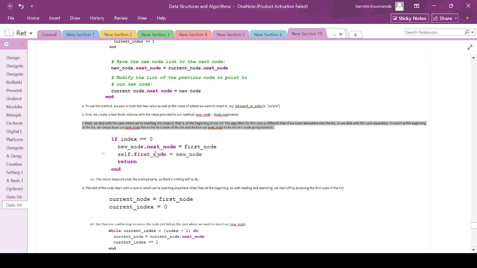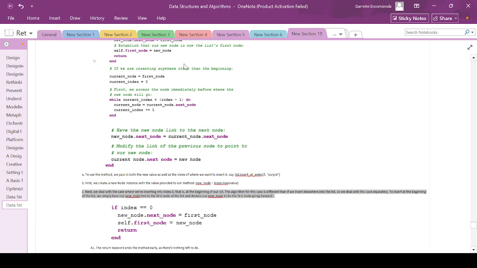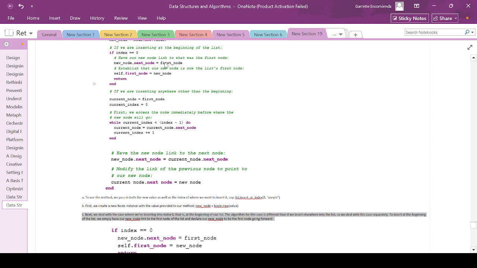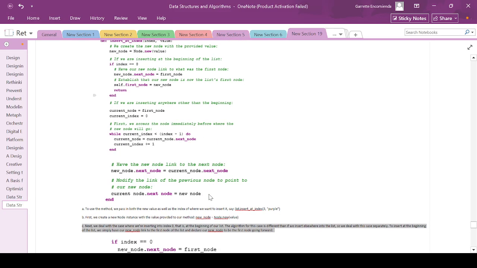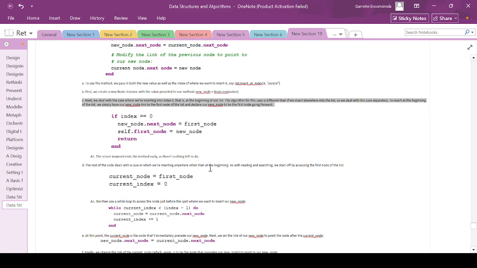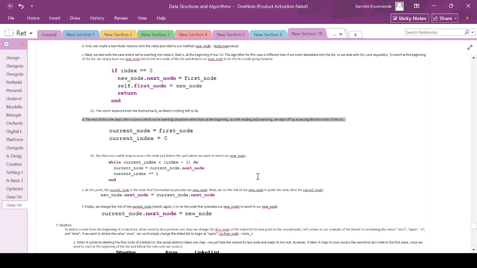So yeah, here as you can see, new_node, which we created before. In this new_node, which is the value we passed to the new_node instance, we equate that as the first node and then return and end the if statement. The return keyword ends the method early, as there's nothing left to do. We've already inserted it. So the rest of the code deals with the case in which we're inserting anywhere other